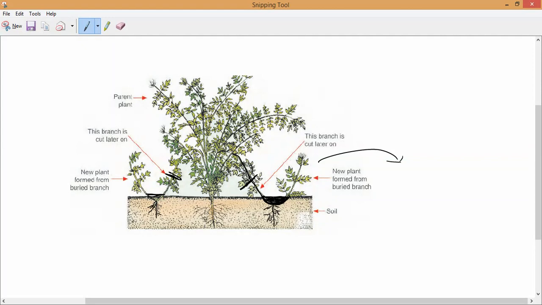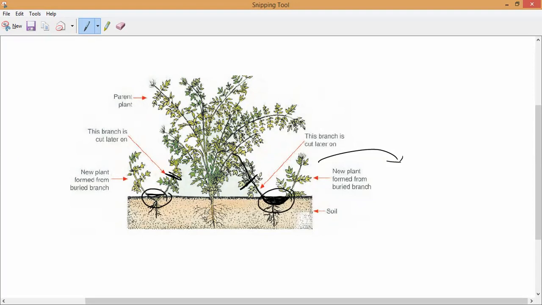So without damaging the plant, we take some branches of these plants, pull them towards the ground, keep some part of the branch inside the soil, and cover it with moist soil. What do you mean by moist soil, guys? Yes, please respond. What do you mean by moist soil?